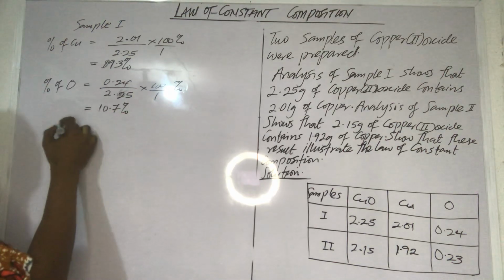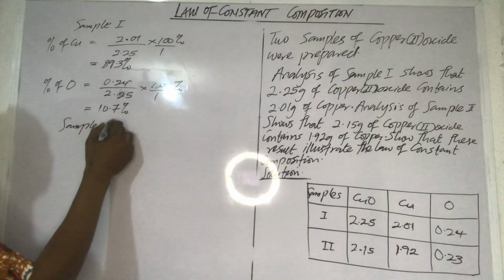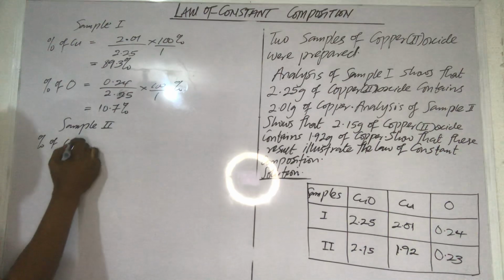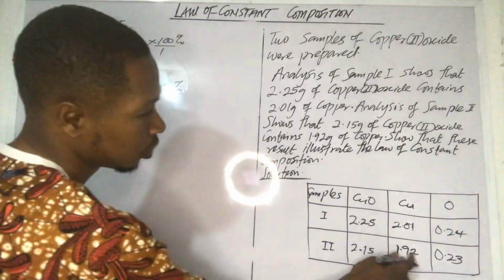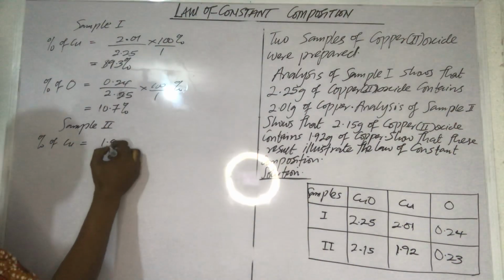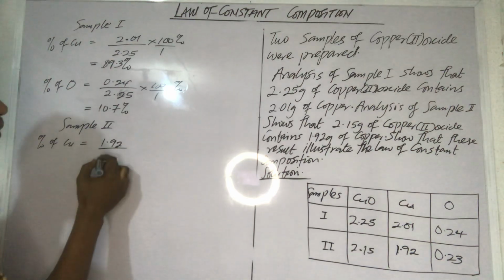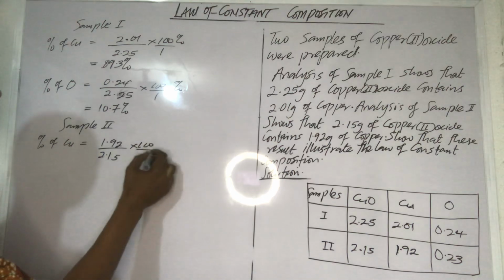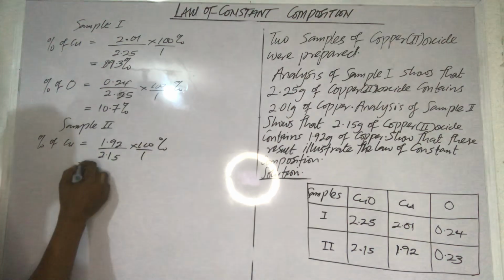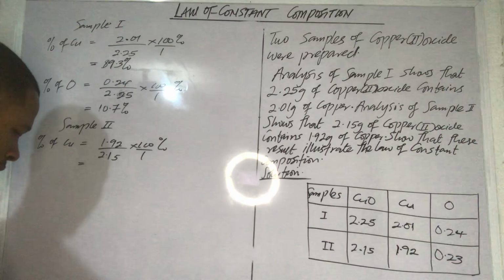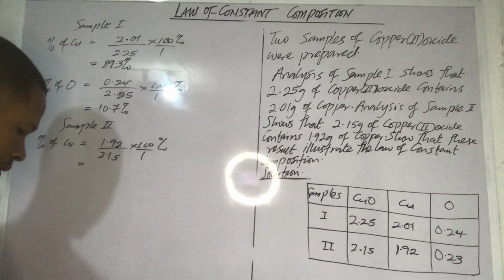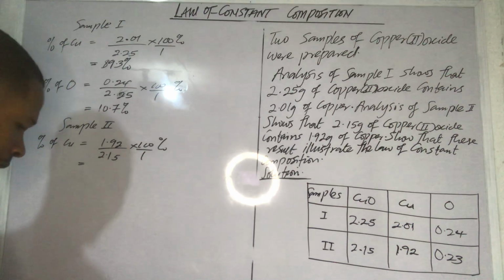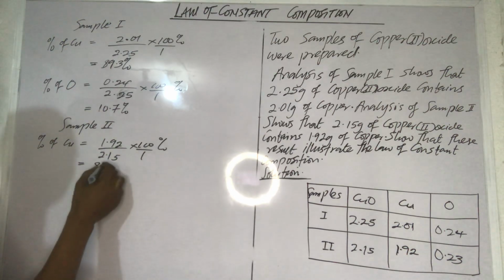Then I'll go to sample 2. Sample 2 now, percentage of copper. In sample 2, this is the mass of copper, 1.92 over 2.15 times 100 over 1 as a percentage. So you have 1.92 times 100 divided by 2.15. That will give me